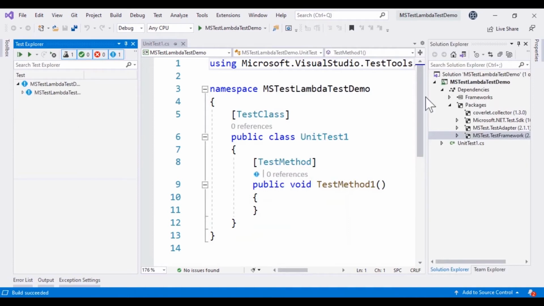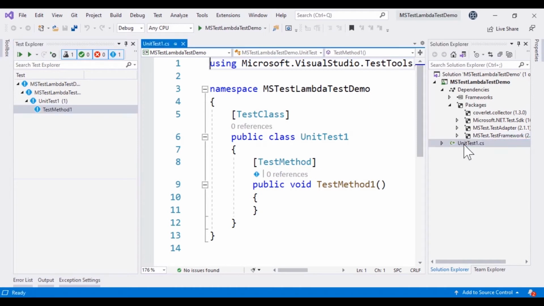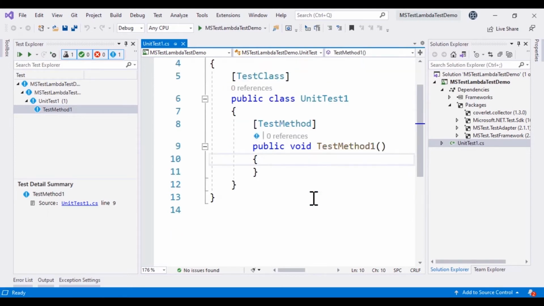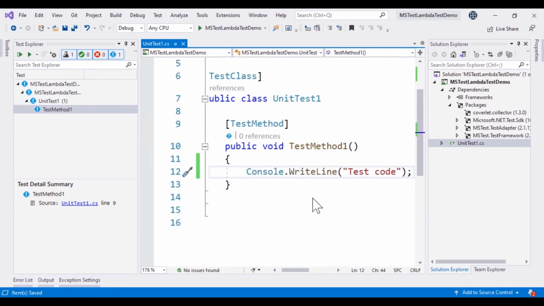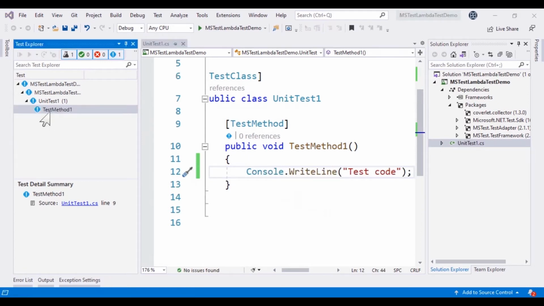Something like this. Within our MSTest project, you can see that it will have the UnitTest1.cs file, which is going to have the TestClass attribute decorating the UnitTest1 class. And it has a test method that we are going to be running within our code. So with simple code, if we try to write something like Console.WriteLine,